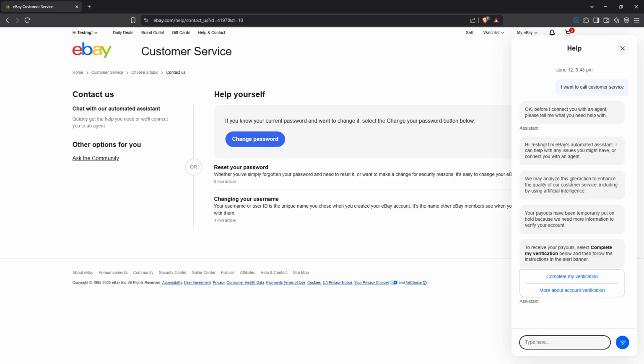This is where you'll interact with eBay's AI assistant, designed to help solve your problems efficiently. The assistant can handle various inquiries and frequently asked questions, guiding you through common procedures. However, if your question requires human intervention, don't worry. You can simply ask the AI assistant to connect you with a live support agent. Type in your request clearly, for instance, "I want to speak to an agent," and the assistant will facilitate this